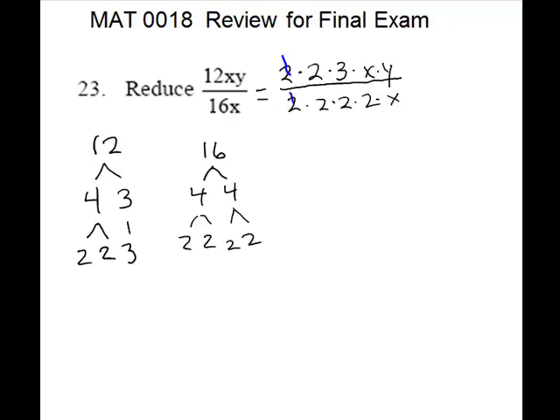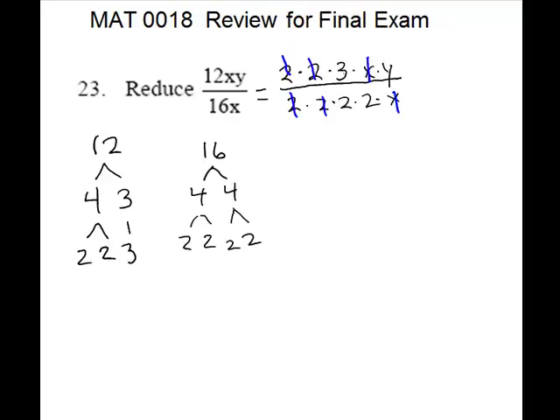So our 2 matches up, and another 2 matches up. That's all of the numbers we can take out. We can't take any more 2's because there's no more 2's in the numerator. Can't take the 3 because there's no 3's in the denominator. We can match up the x just like we did the numbers, and then we'll put back together what we